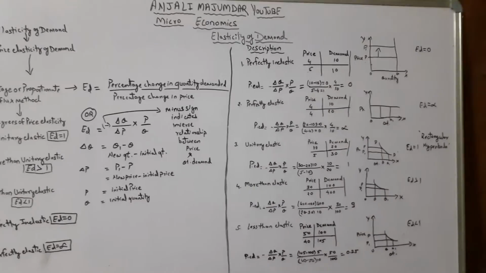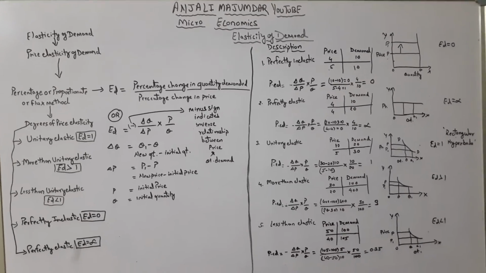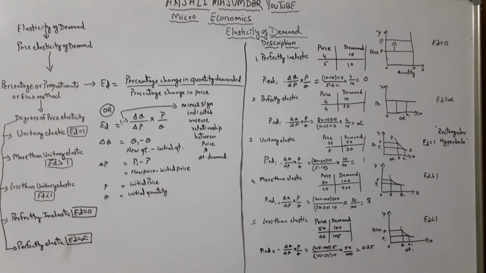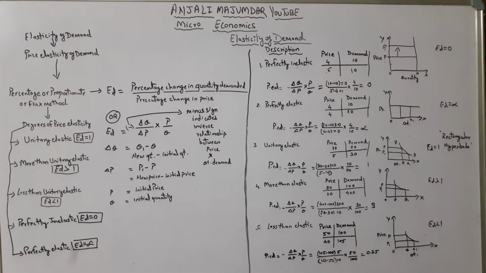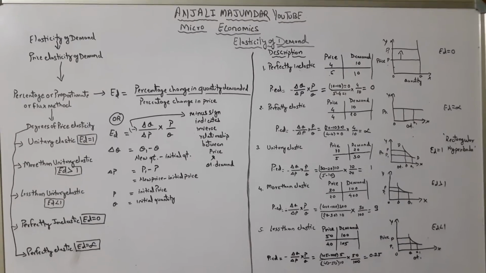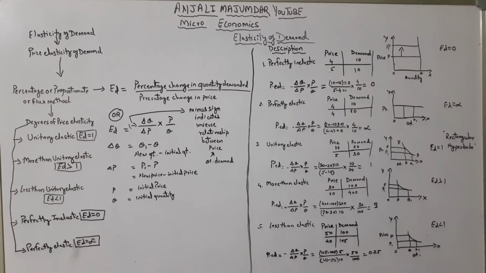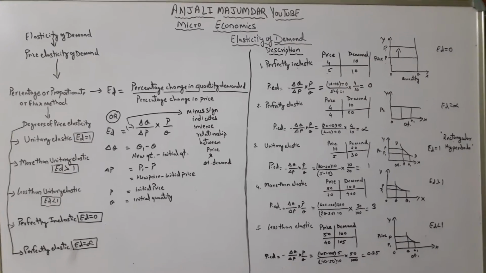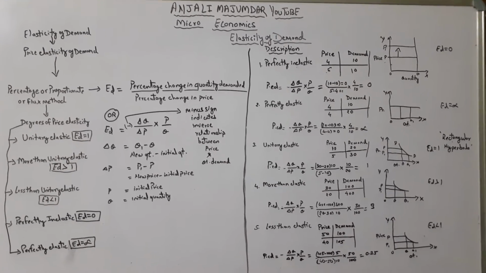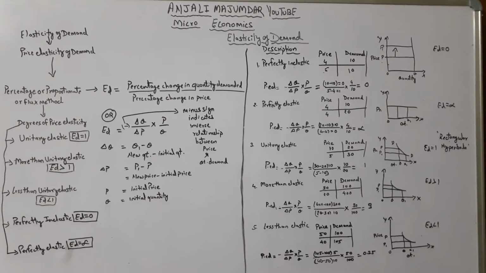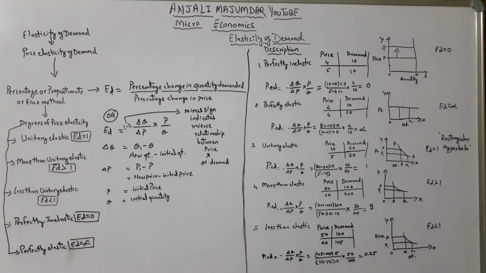Now on the right side I have given the description. Let's start with perfectly inelastic. Perfectly inelastic tells you, if you see the figures, the price is 4 and the demand is constant at 10. Now when price increases, the demand stays constant. So you see here there is a change in price, but there is no change in demand. So that represents, now after applying this formula,